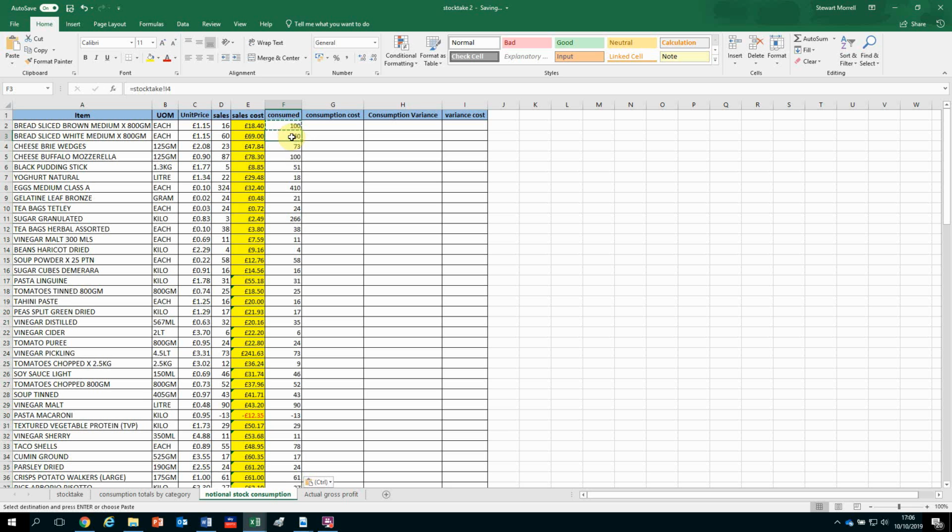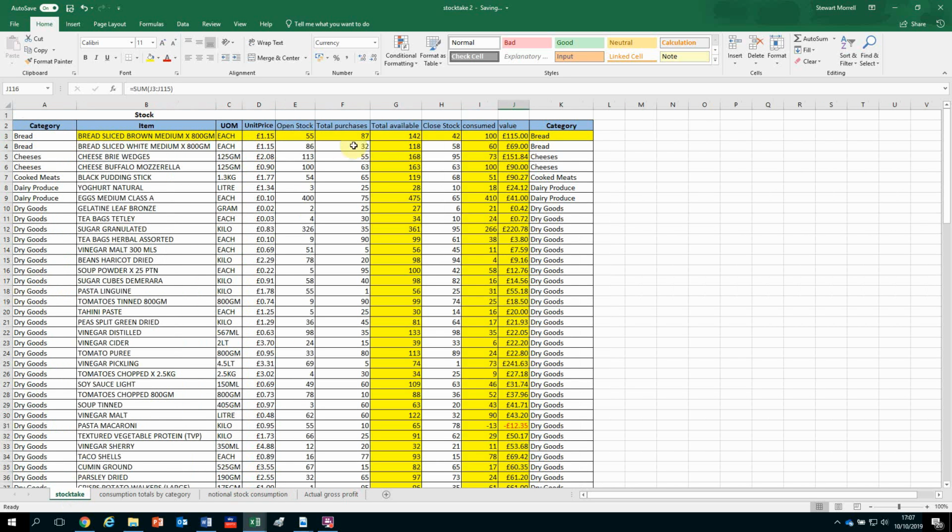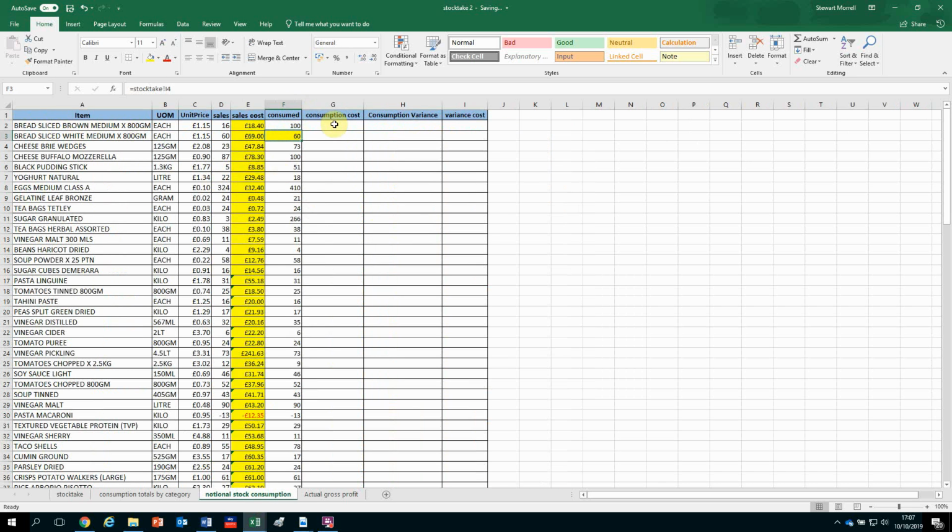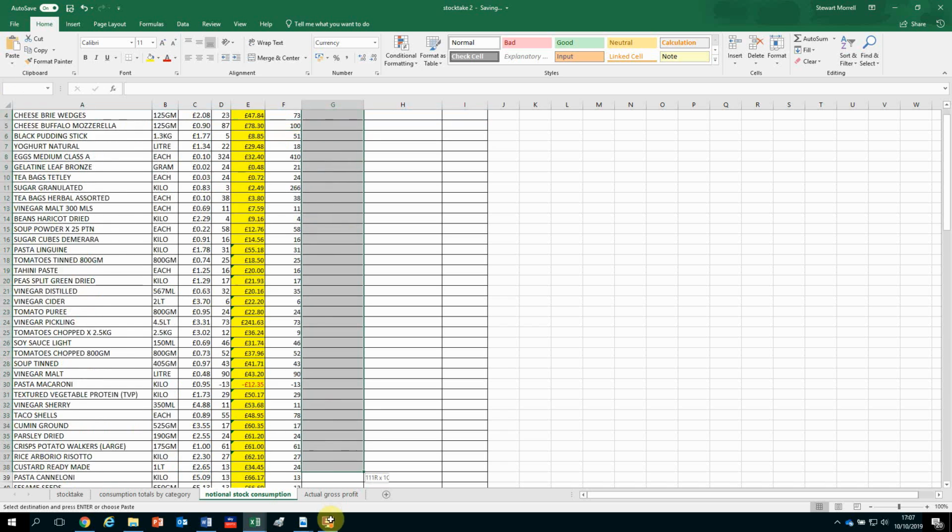Just look at the bread white slice medium and then look at the stock take bread white slice medium, 60 for both. Okay, consumption cost, we've already got that on the other sheet, but we'll do it on this one, that's fine. Equals number consumed times by, using the asterisk, unit price. That's your consumption cost. Copy that, paste it down,